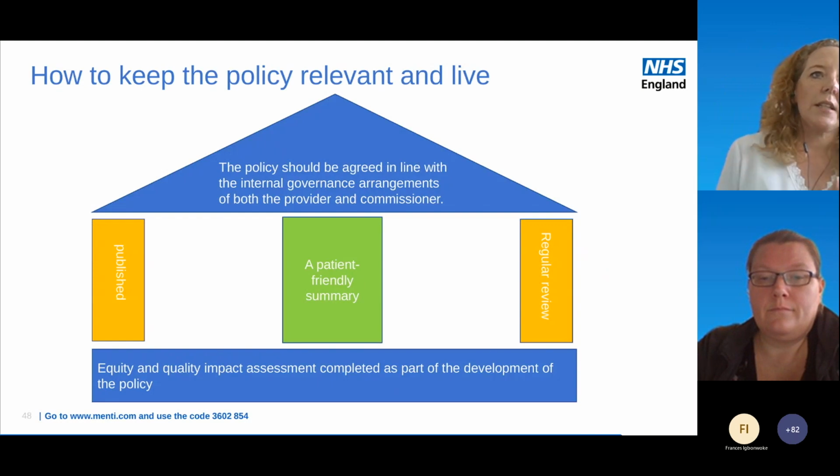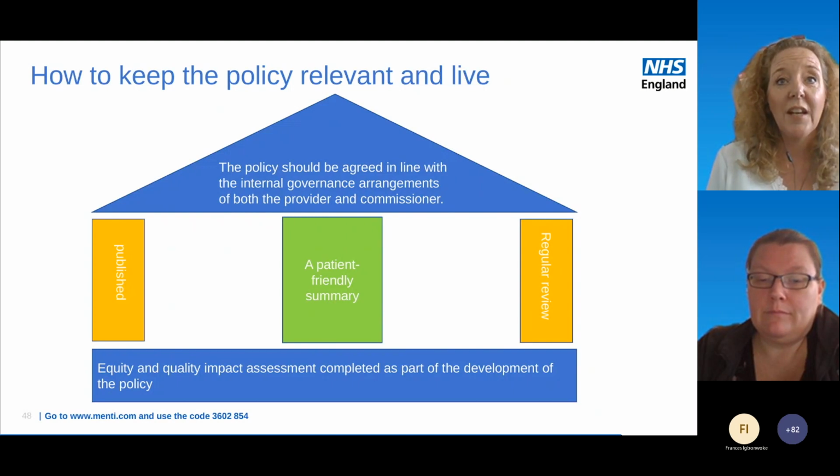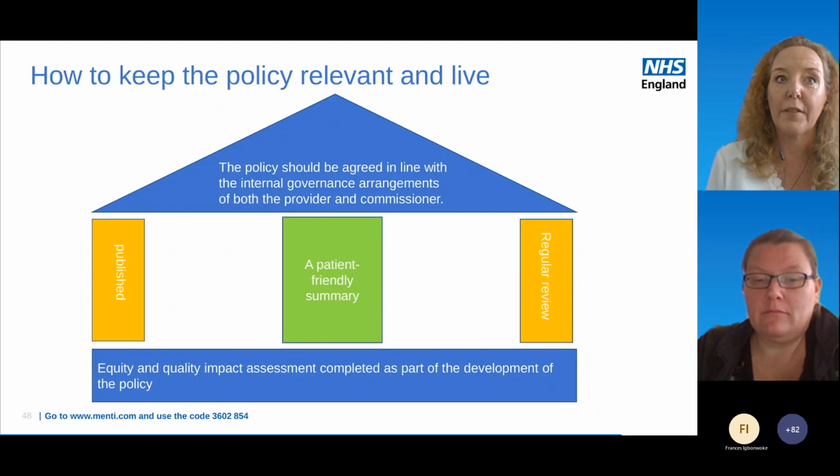So once the policy is agreed, there are a few steps and considerations that need to be thought of. The policy should be agreed in line with your internal governance arrangements, and as we've heard from Caroline, the governance is critical to the actualisation of the policy. It will need to be published with thought given to the internal and the external publication. It's important to ensure that there are patient-friendly and accessible versions of the policy, and other considerations to make once the policy has been written will be: have you considered a formal launch with a comms plan and training sessions that highlights its purpose, importance, and any differences to how guidance was provided before you had this policy?